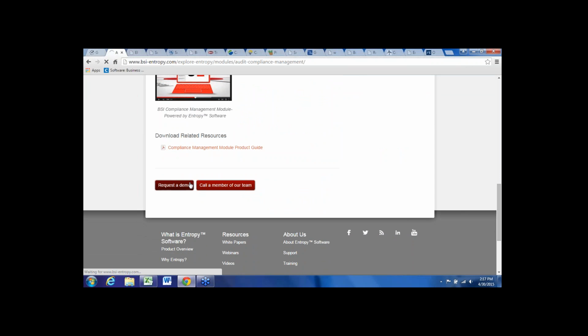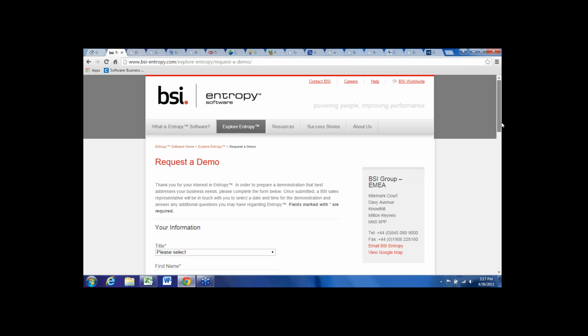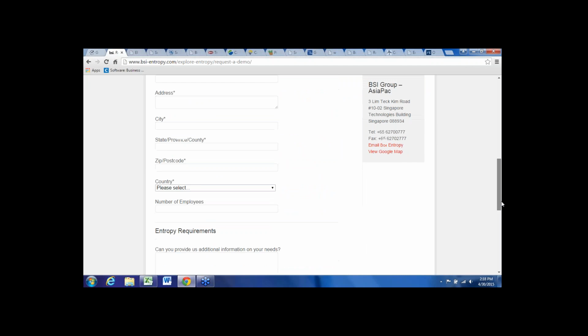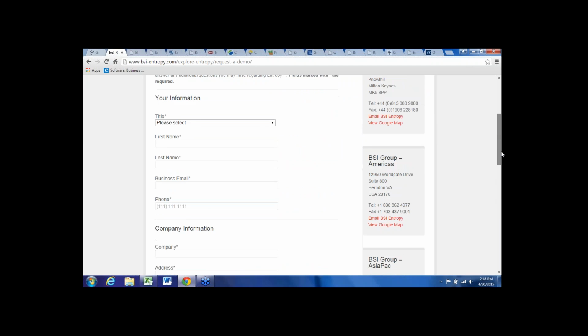When I click on that request demo button, it takes me to a form. And on this form are roughly a dozen, maybe even a little bit more than a dozen different fields. So